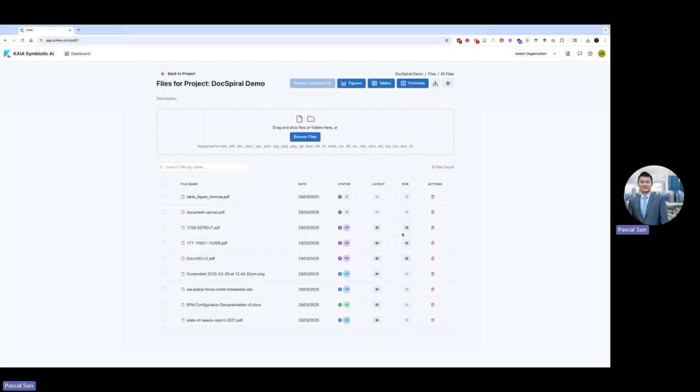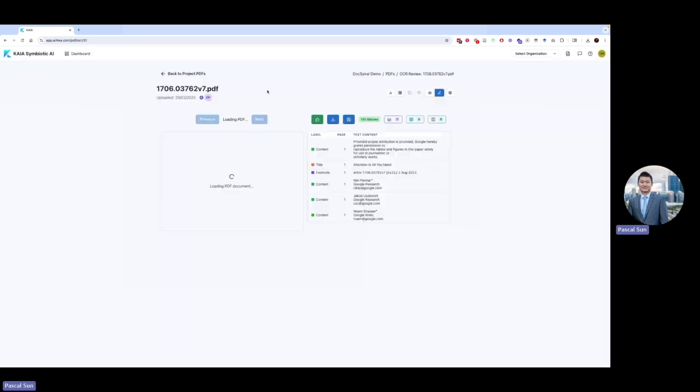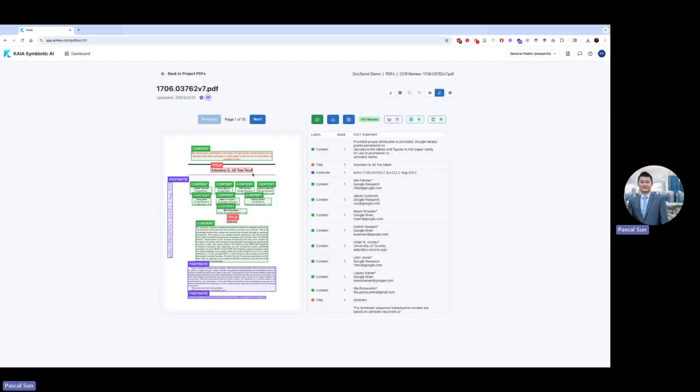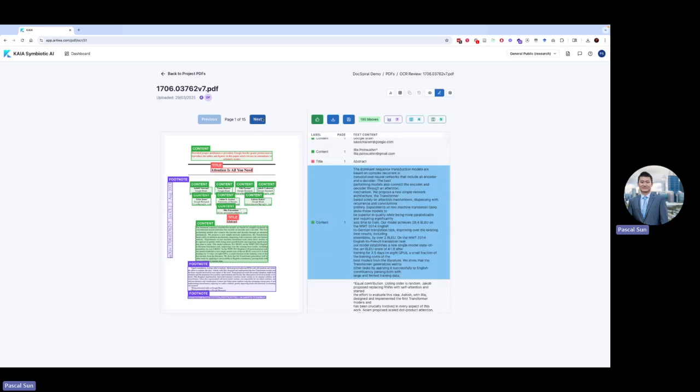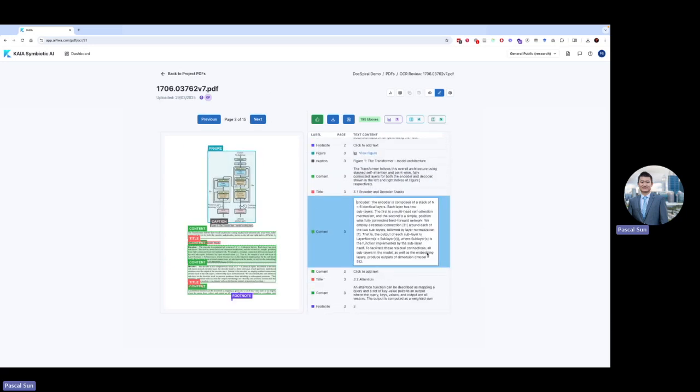Afterwards, the OCR, figure, formula, and table processing models will pick that up and report the results into the system. Then the second icon will be clickable. You will be able to go to this OCR annotation page. And then if you click the left side of the PDF viewer, you will be taken to the corresponding rows